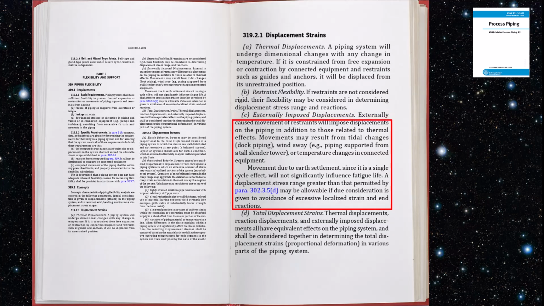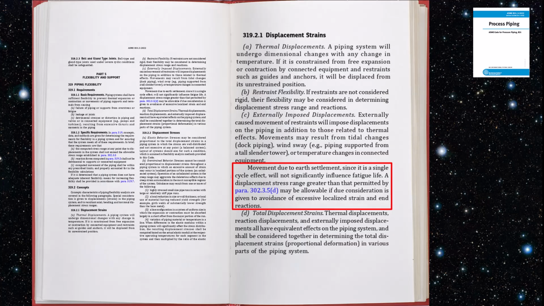A very common movement for our subject matter experts is earth settlement. This occurs in places where there are very heavy weights, like for instance tank farms, very heavy modules, and also large diameter piping. This section states that the general paragraph 302.3.5 methodology for allowable stress can be exceeded if additional consideration is given for factors such as buckling and high